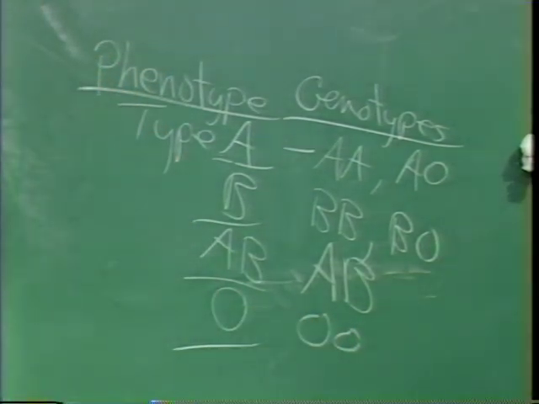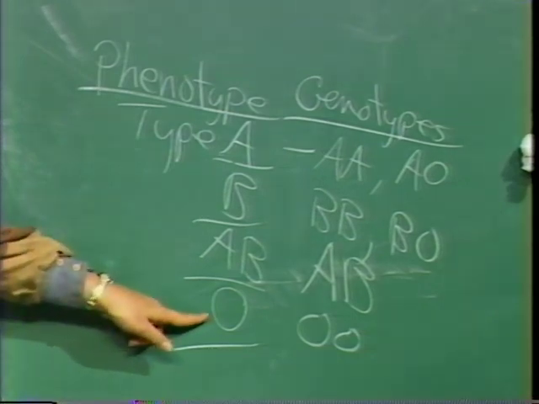Which is the highest blood? The highest? The most common? Yes. Type O. Oh. With the